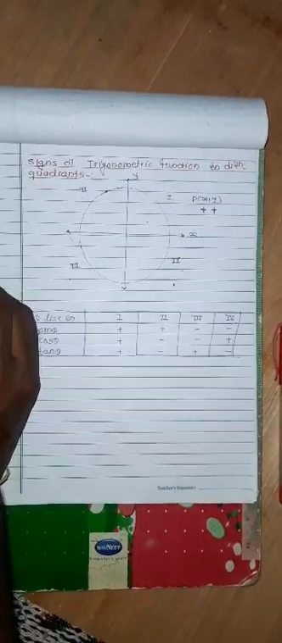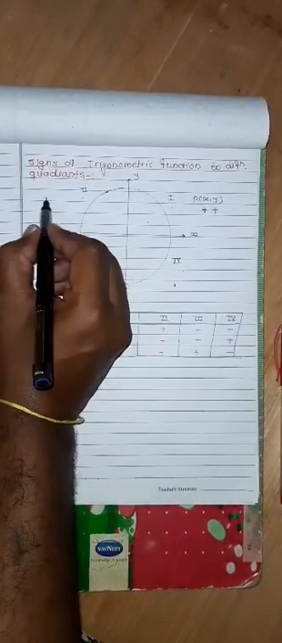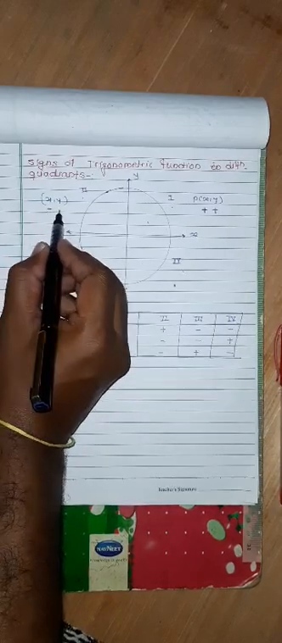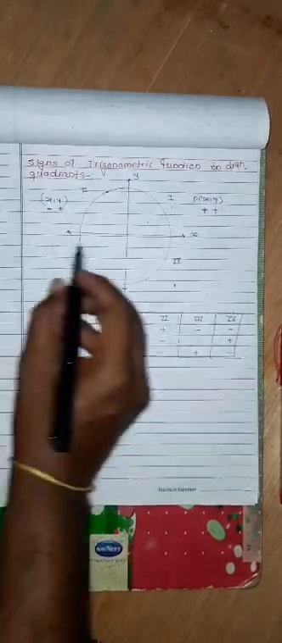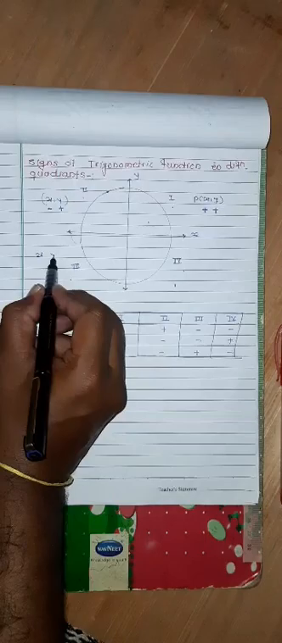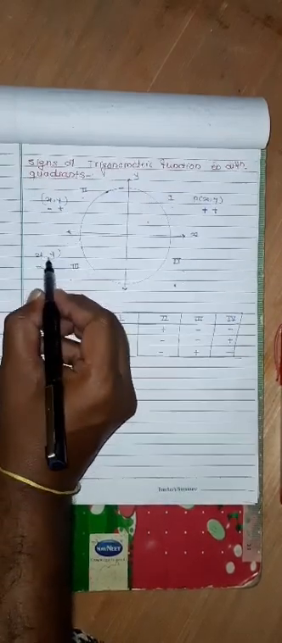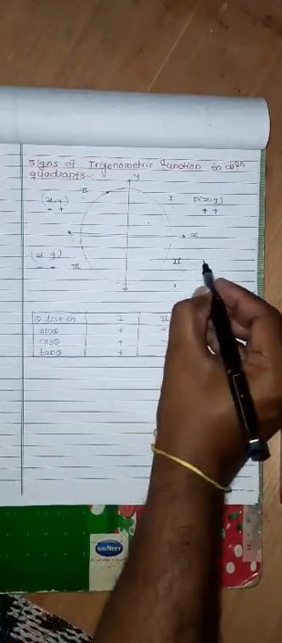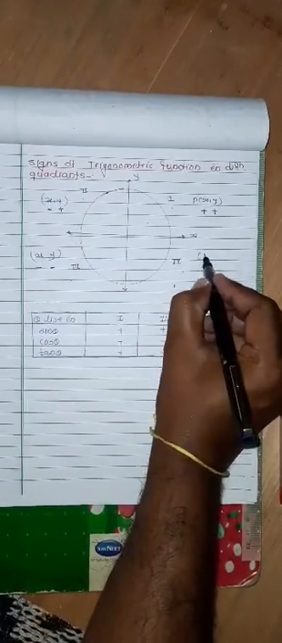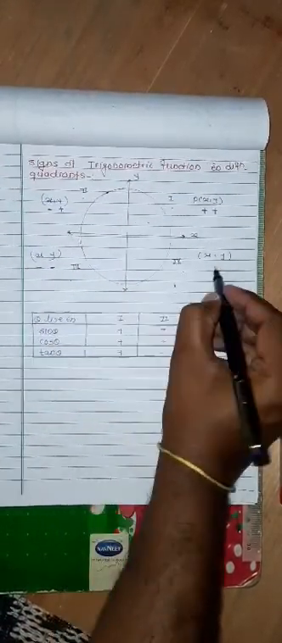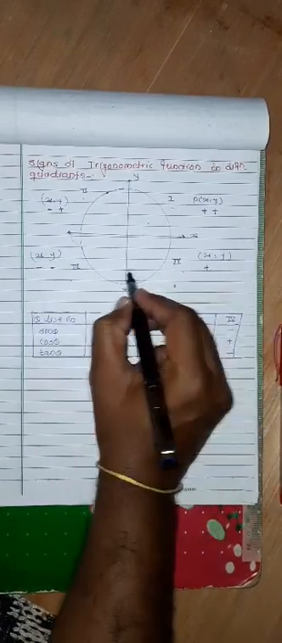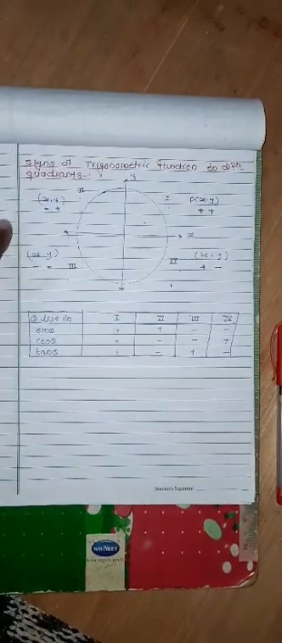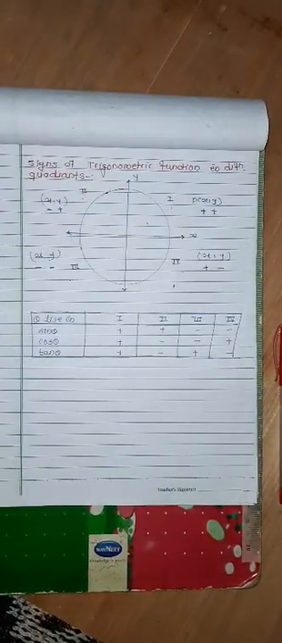In the second quadrant, the value of x is negative and y is positive. In the third quadrant, the values of x and y are both negative. In the fourth quadrant, the value of x is positive and the value of y is negative. So by using this sign convention,